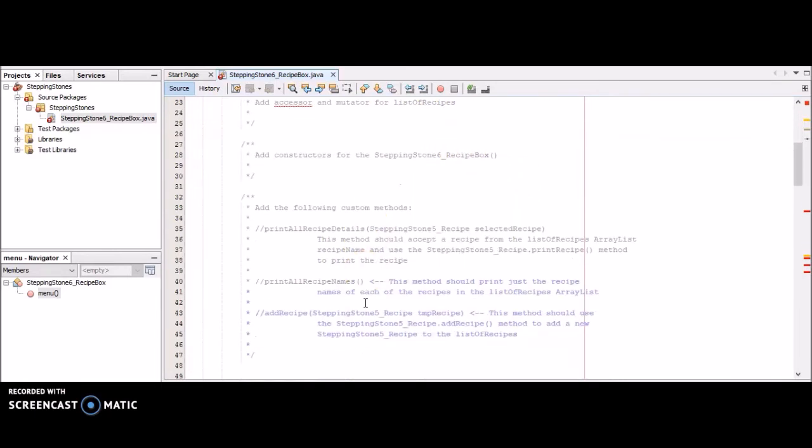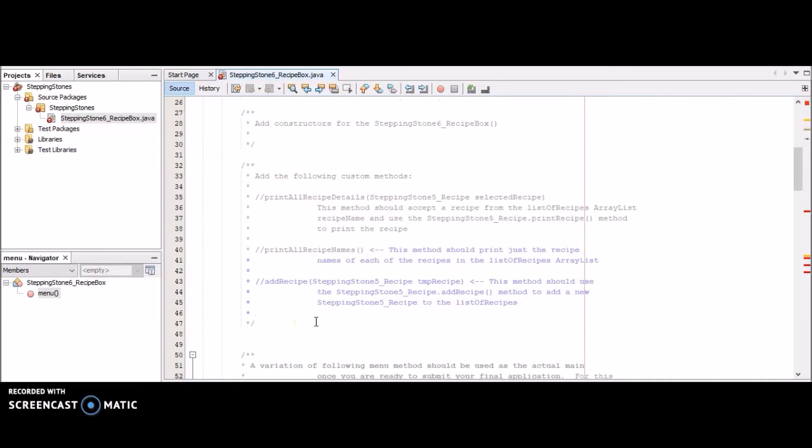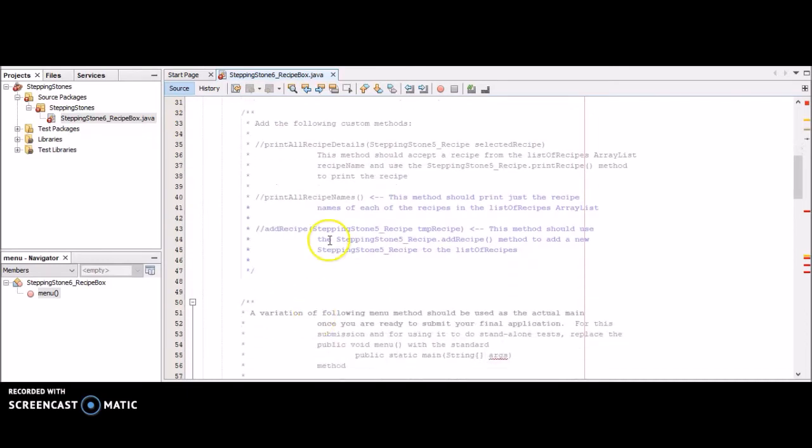And then you want to implement all of these different custom methods. So these 3 different methods, make sure you implement those as well. And again, you can make calls to the other classes, right? The recipe class, for example, when you're printing all the recipe details, you can make a call to the recipe print recipe method, which then, inside of that method, can make a call to the print ingredient method,